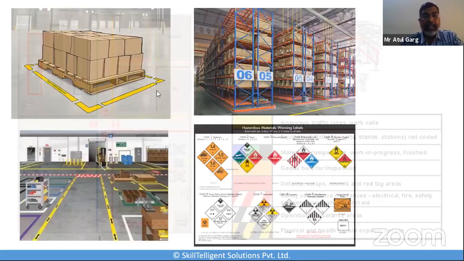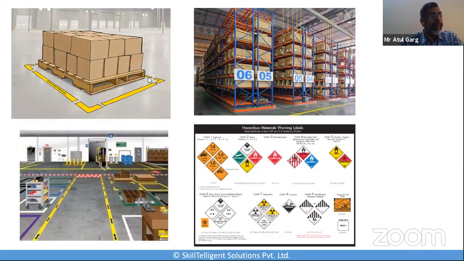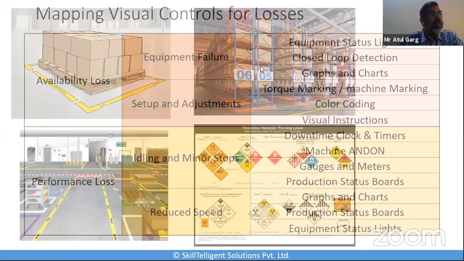Okay. He also identifies how the pallets will be stored and how to identify them. He puts up signs and labels, identifying what signs and labels can go on the racks, what kind of layout will be done, what kind of pathways will be defined, and demarcation of the area. Green identifies that this is in progress or finished goods; black, red, green, all of these have certain denotations. And then he also puts up various safety signs. This one I have taken for the hazardous safety signs, but he can also put them up for other areas. So that is what he does.